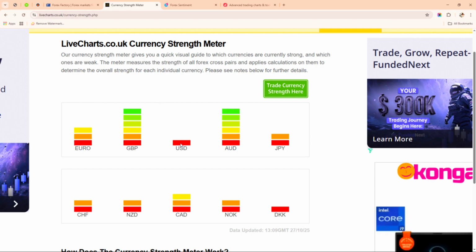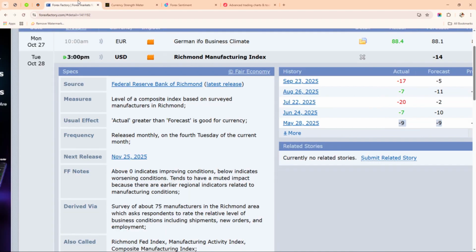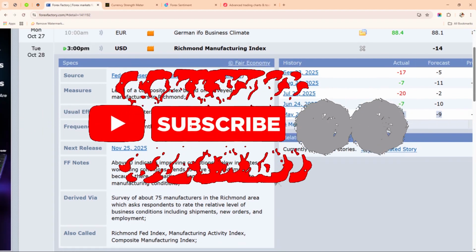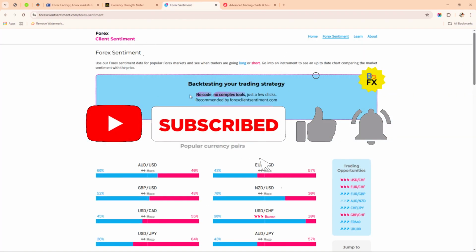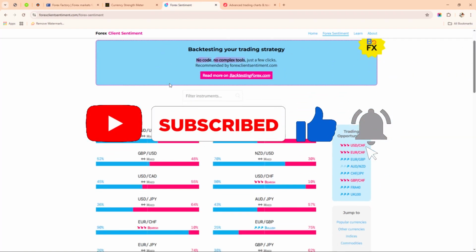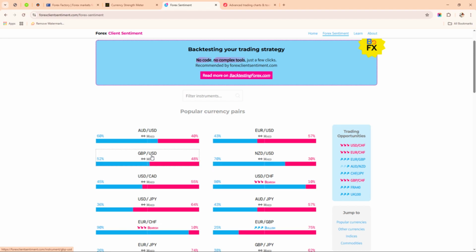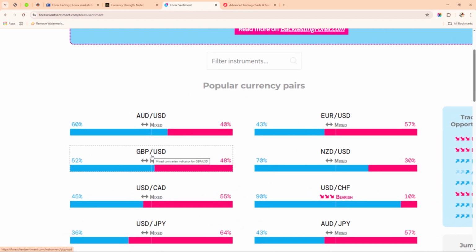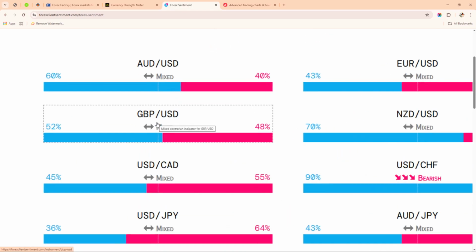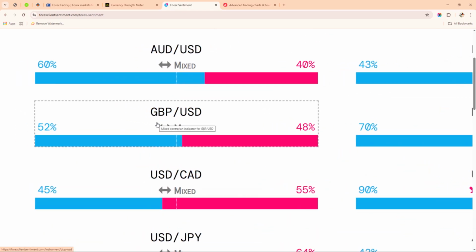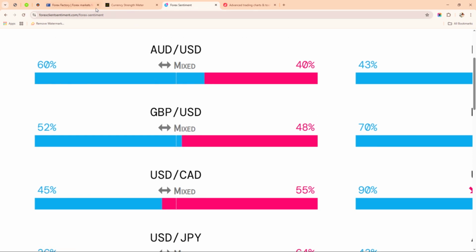Once I've picked out that value, what I have to do next is head back to my Forex Factory and make sure that I'm not leaving out any other details. And then afterwards, I head over to a sentiment analysis. We are focused on GBPUSD obviously, and we're expecting a buy. Here I get to see how many persons are actually buying, how many persons are actually selling. I get to see that information here, and once I've seen it, I now know what to decide on. So if you say, okay, fine and good, we're actually going with a buy, or we're going with a sell,